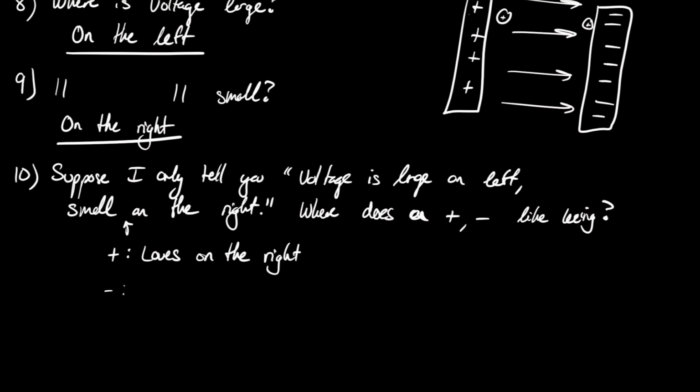Remember, voltage only tells you where positive charges like or hate being. Negative charges are always going to behave oppositely to the positive charges. You can sort of view that as they respond oppositely to the charges creating the voltage, or you can view it just as they respond oppositely to field lines and voltage hills. So the electron likes being where protons hate being, and protons hate being on the left, where the voltage is large. So the electron loves being